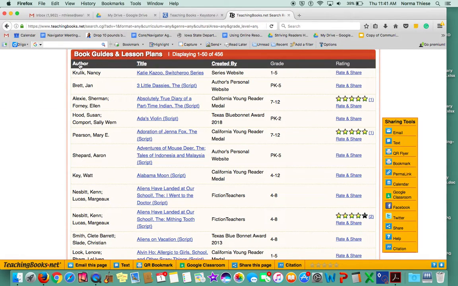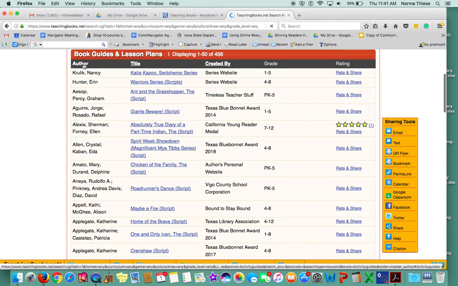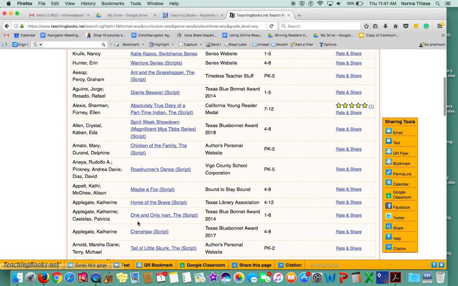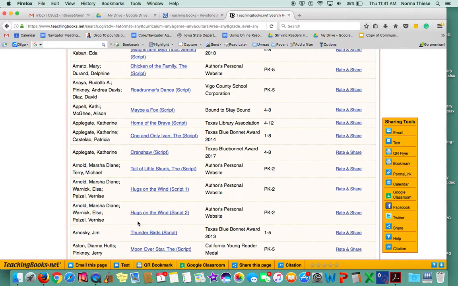And then notice that these category titles or column titles are underlined, so that means I can sort by those. So I can't sort by grade level, and you notice because it's too wide of a span, but I can sort by author or title. So if I'm doing a certain author, I could do that. So for example, The Roadrunner's Dance, it's pre-K through 5, and I click on it and it'll take me to